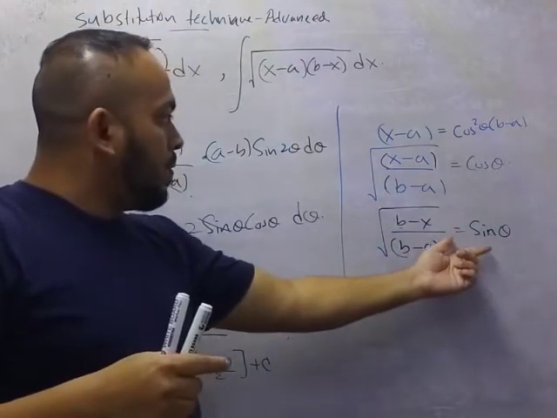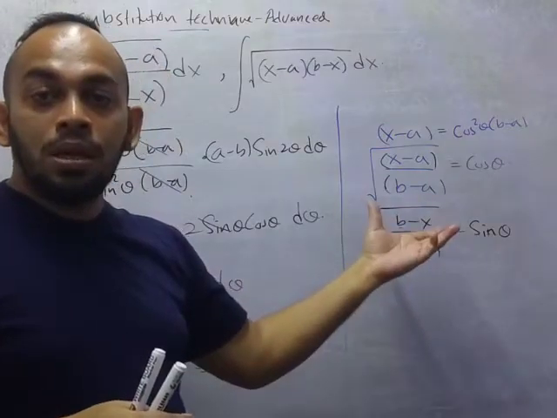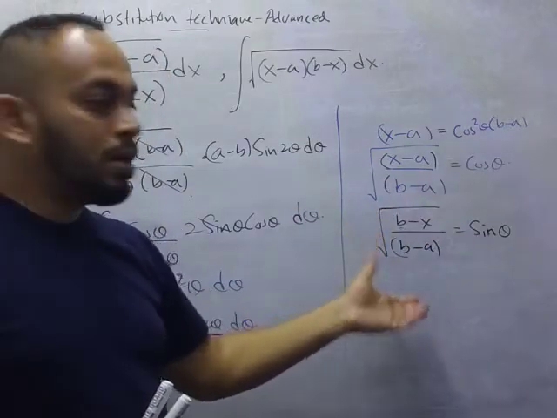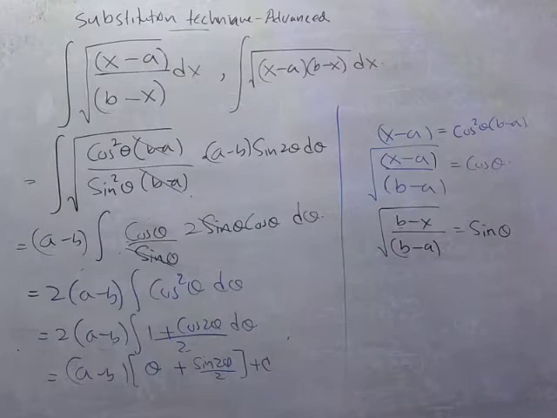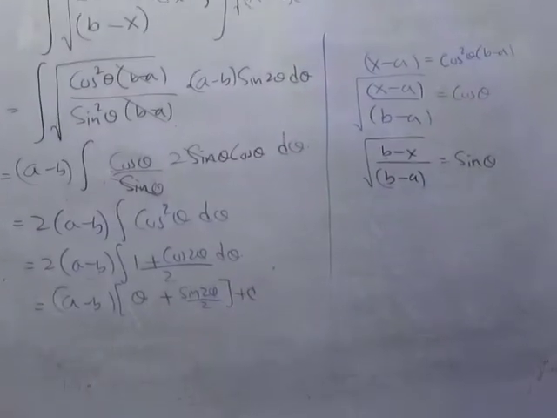Similarly, we can have the b minus x term equal to b minus a times sin square theta. Similarly, we can write this expression as well. So you can use either one of them. So finally, we could write